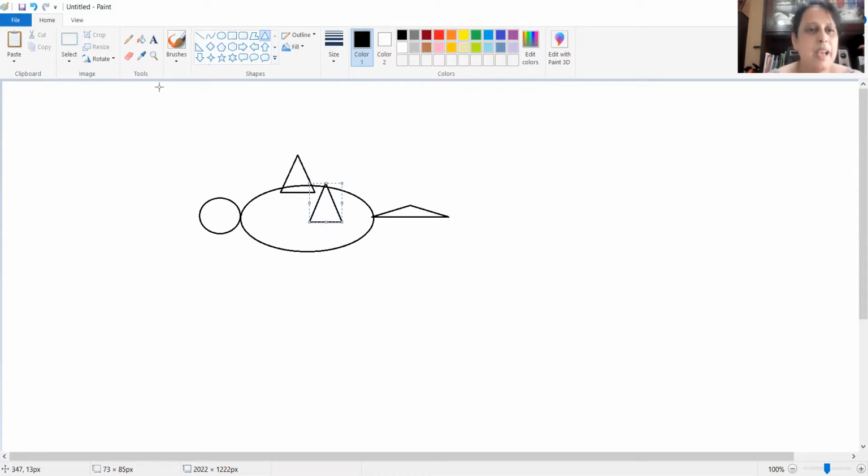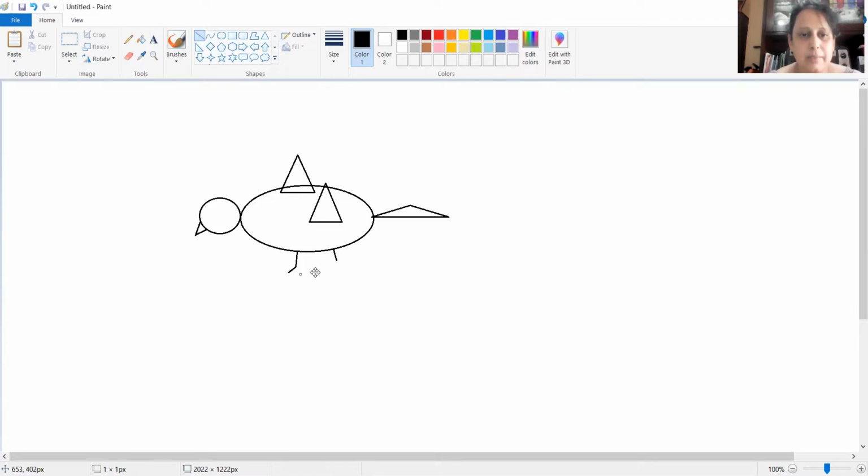All right, so this is my little birdie that I am making using the oval shape, the line, and the triangle, right? So you can see how I have made my birdie trying to fly with the triangles showing it's in flight, right?